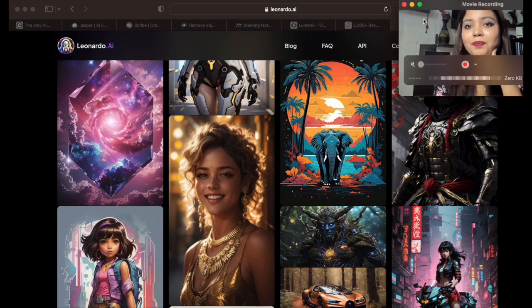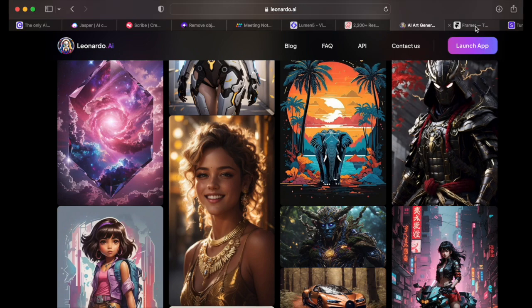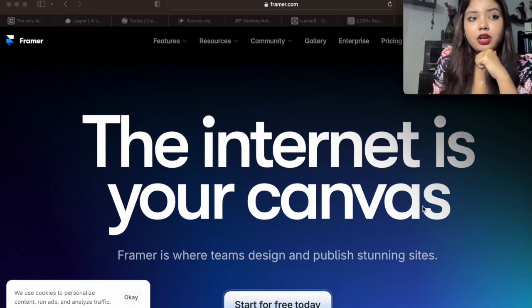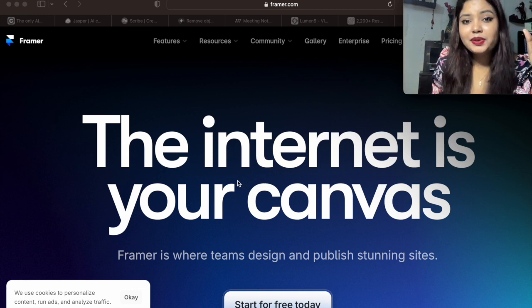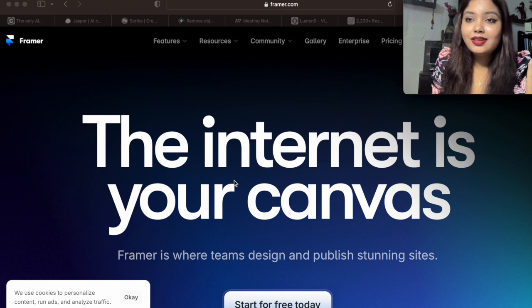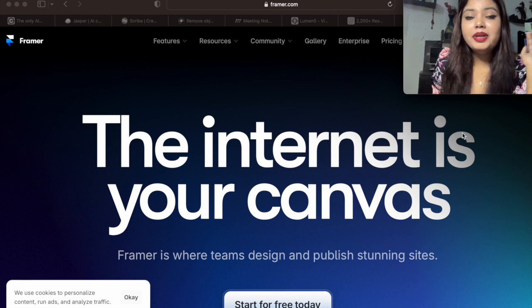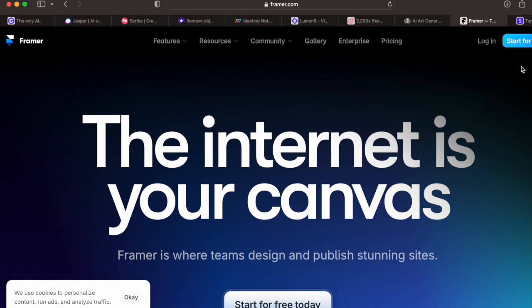So yeah, and now I'll move towards the next one. Now I'm talking about this website, that is Framer. सो यहाँ पे आप क्या कर सकते हो, आप डिज़ाइन कर सकते हो लाइक जैसे कि हम कैनवा पे डिज़ाइनिंग करते हैं. सो बेस्ड अपॉन दैट आप यहाँ पे बहुत सारी पोस्ट और सारी चीज़ें डिज़ाइन कर सकते हो. सो आई विल स्क्रॉल अप इट एंड आई विल शो यू कि क्या क्या फीचर्स अवेलेबल है.